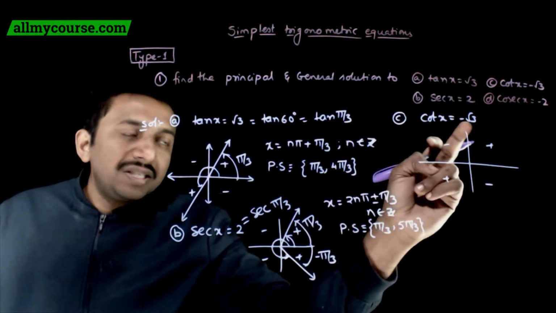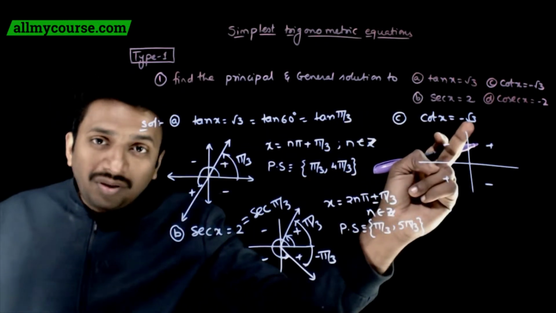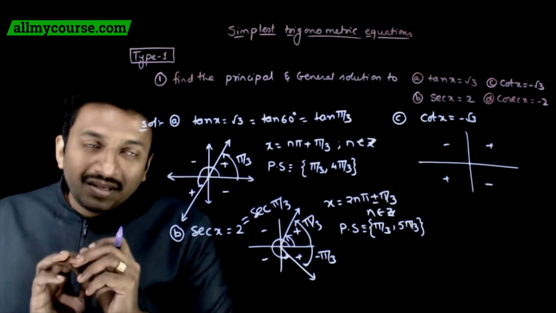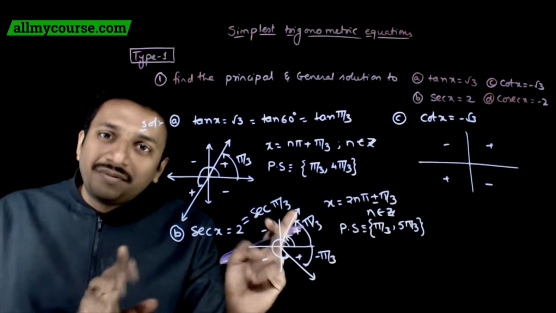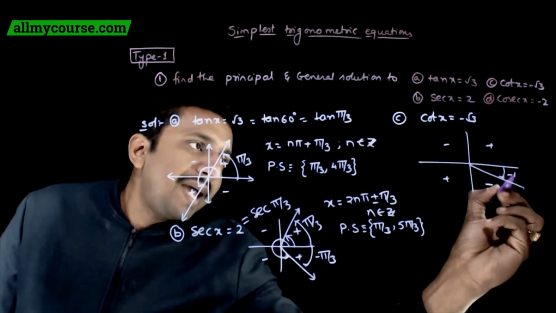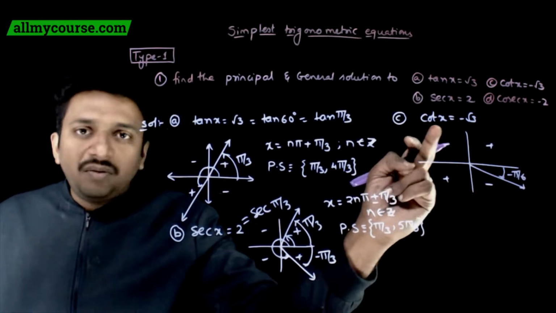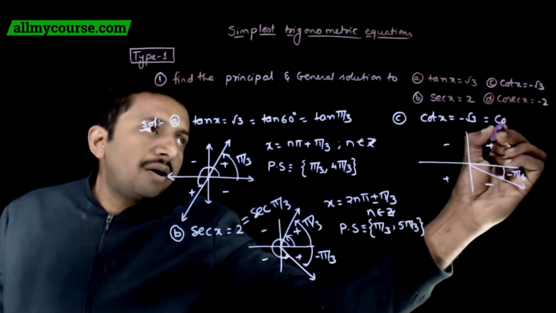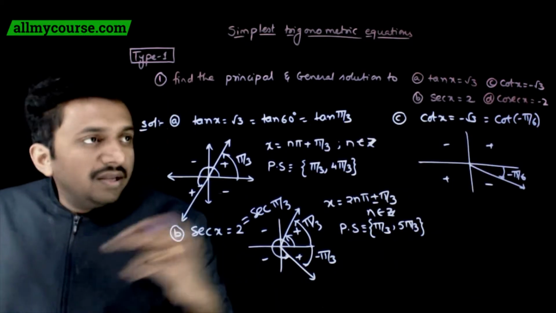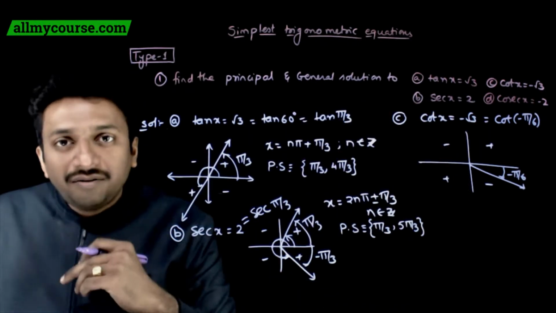So corresponding to which angle is cot equal to minus root 3? Again, root 3 corresponds to 30 degrees for cot. Cot 30 is plus root 3. So minus root 3 comes in the allied position for 30 degrees. So you have minus 30 degrees. This is the position where cot will be equal to minus root 3. So I can write it as cot of minus pi by 6. So cot x is equal to minus root 3, and minus root 3 can be written as cot of minus